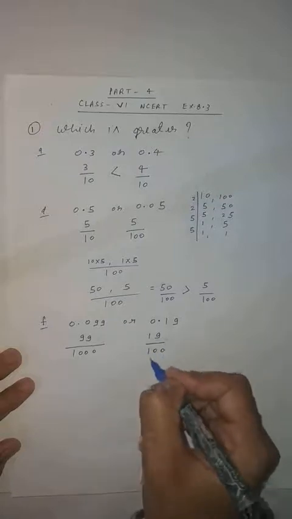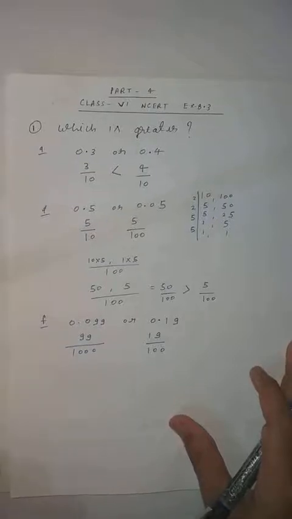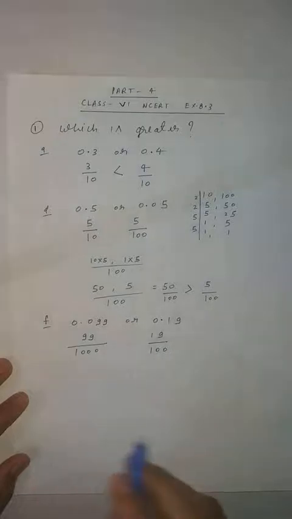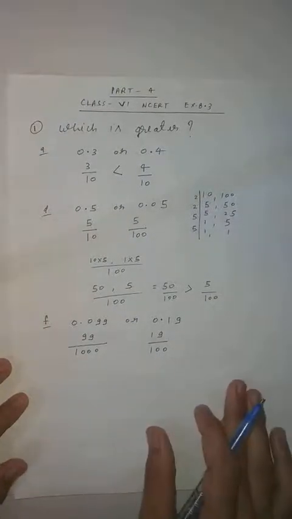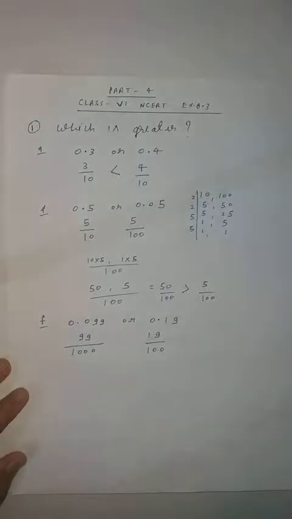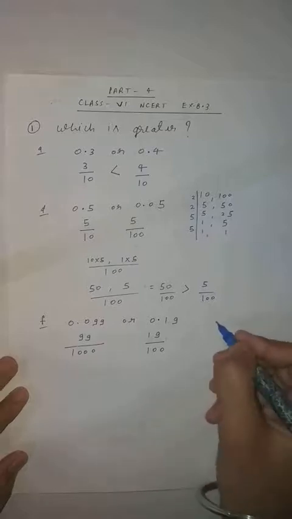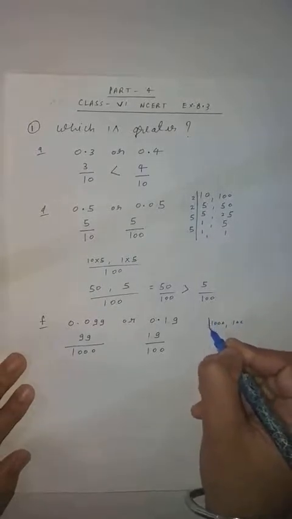This concept I think is clear, because I gave a proper explanation by the division method. Now I think you are able to understand. After decimal you can count and put the 0. Now here 1000 is given and here 100 is given. So again you have to do what? Denominator should be equal. So again you will take LCM of 1000 and 100. Clear?